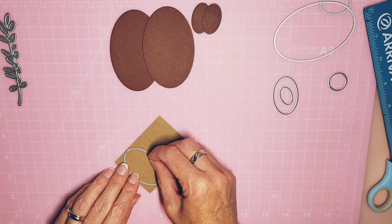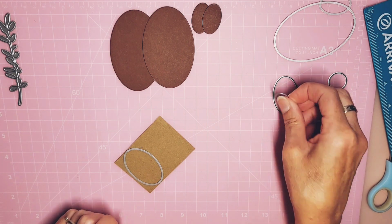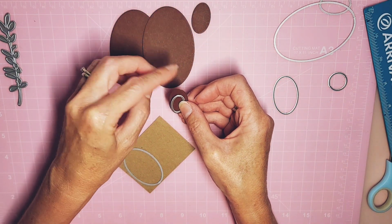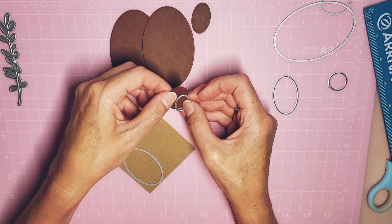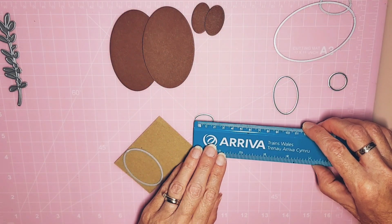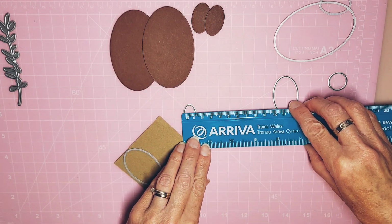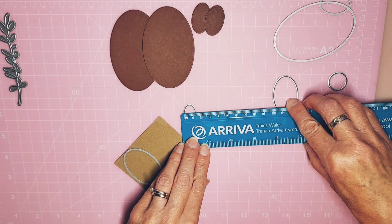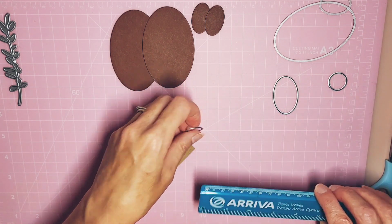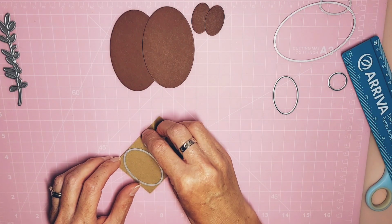And while I'm doing that, I think I'll get the inside of his ears cut out, which is this one here. Smaller than that one, because that's going to be the outside of the ears, the chocolate brown, and that's going to be the inside of the ears, but this is going to be in the craft card as well. Well, this one here is 2 by, it was just under 1.5. So if I get the 2 of those cut out as well at the same time,